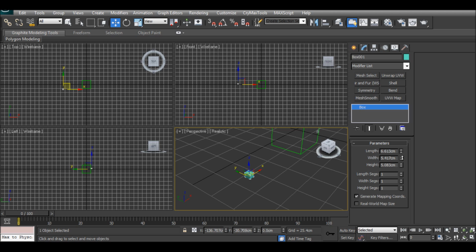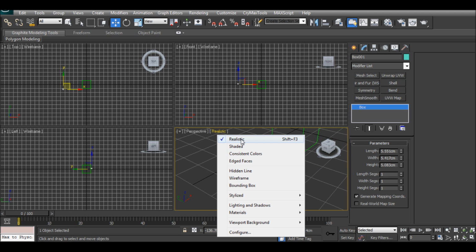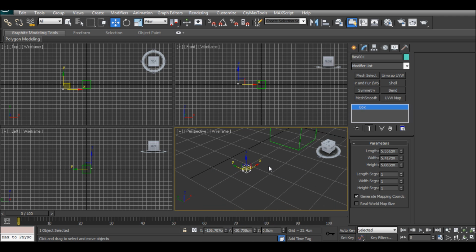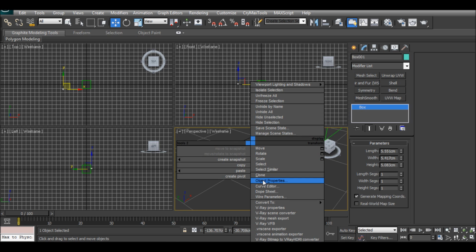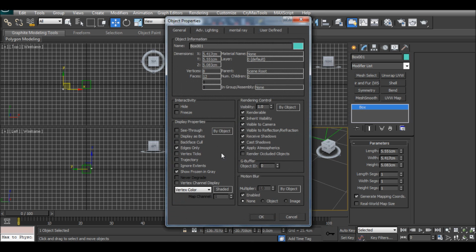You just want it quite small. I'm going to switch this to wireframe. There we go. And you don't want any segments, you'll just leave it like that. And then you need to right click on this, go to Object Properties and go to